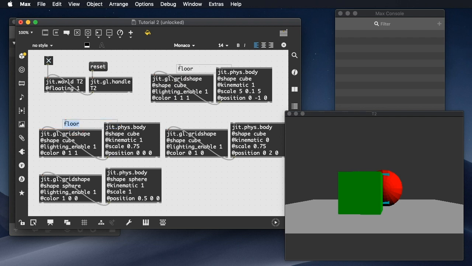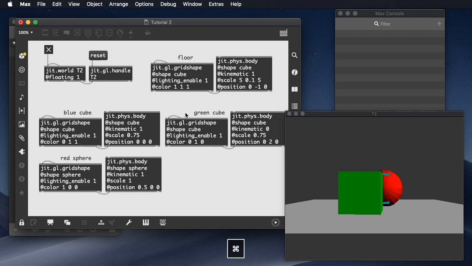Call this the blue cube. Call this the red sphere. And we'll call this the green cube. I'm going to introduce one more concept,